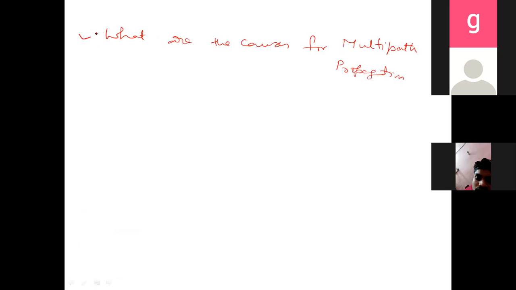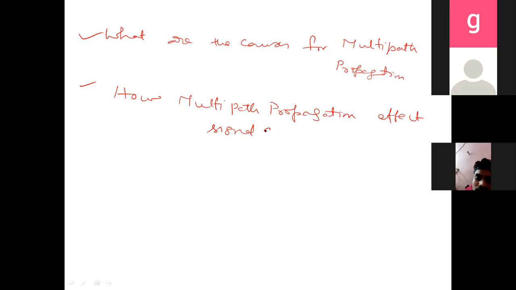Okay, this is what we have discussed. And the second one is how multipath propagation affects the signal quality, quality in the sense of amplitude and phase at the receiver. Okay, and we have taken this effect in terms of two things: time delay spread,